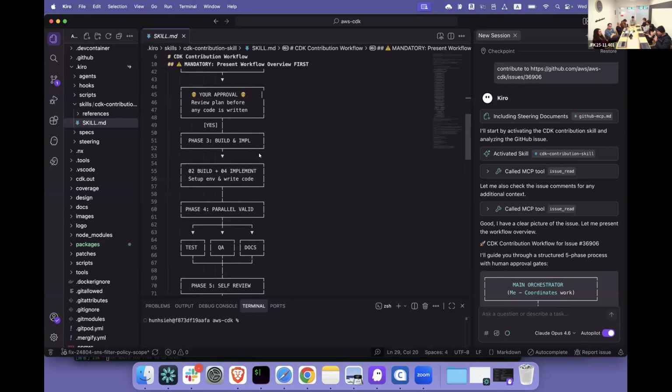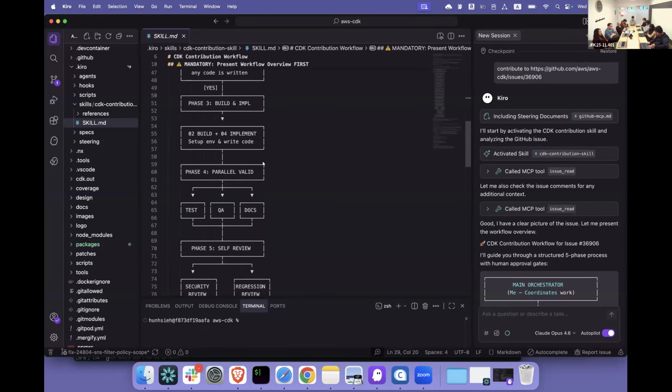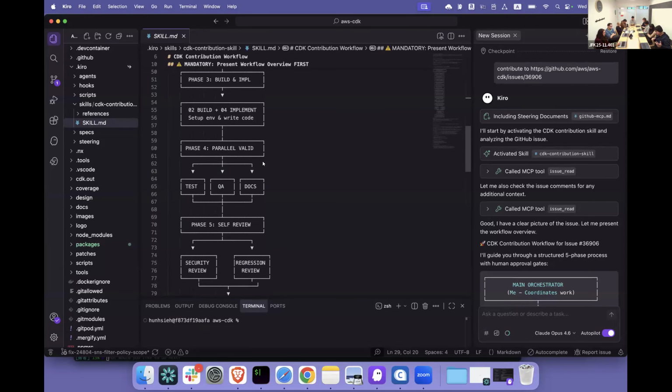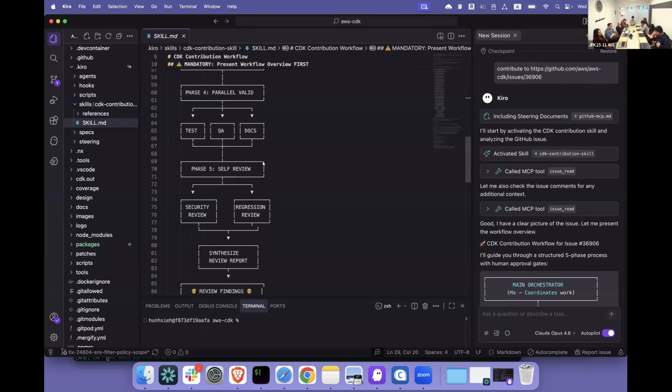And then if everything looks good to you, you don't need to bother building up the environment yourself. There is a sub-agent doing the local branch fork and building up the repository ready for code. And then we go to the next phase for another implementation specialist, a sub-agent, doing all the coding. You write up the unit tests, write up the integration tests, following the approved plan from the planner. And after that, we'll go to the